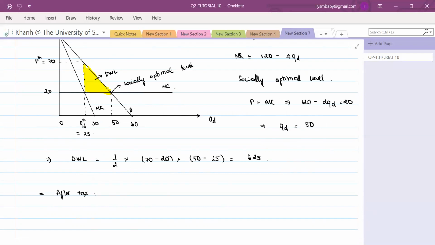$20 per unit that the firm will have to pay to the government. So for every unit that the firm is selling to the market, apart from covering its marginal cost, which is the cost of production, it now will have to pay $20 to the government. So therefore,